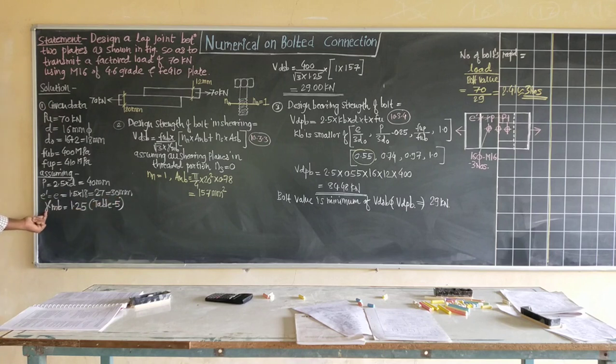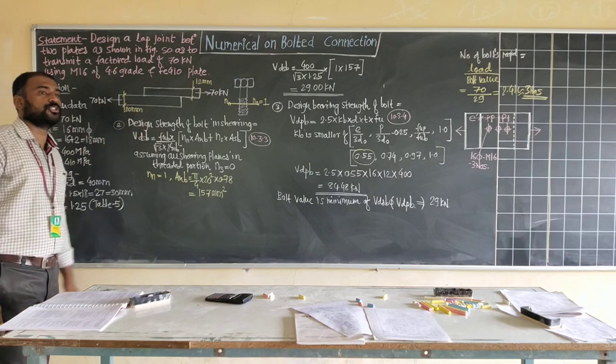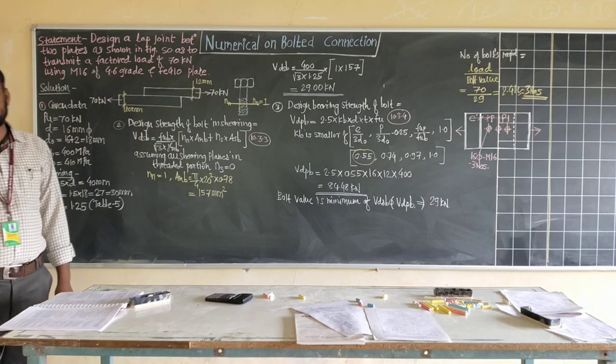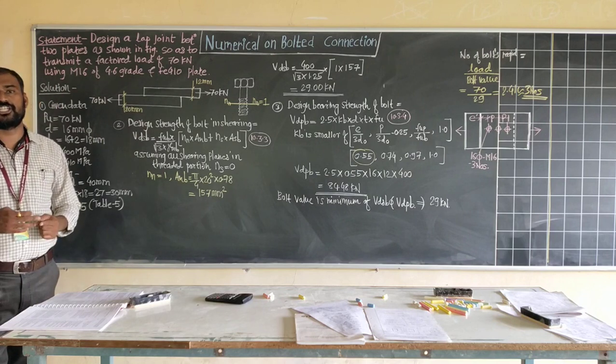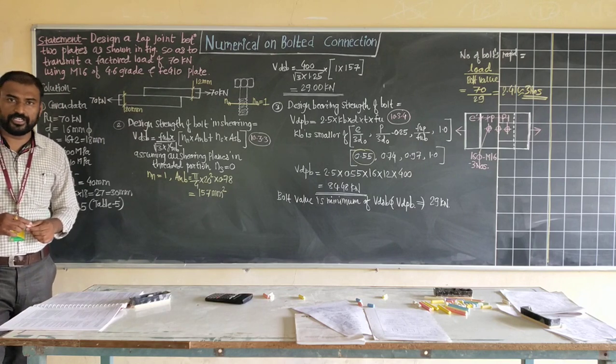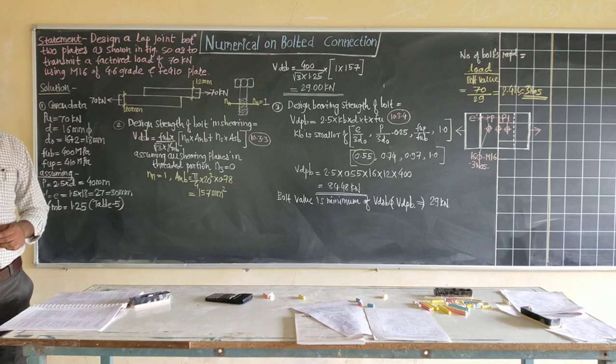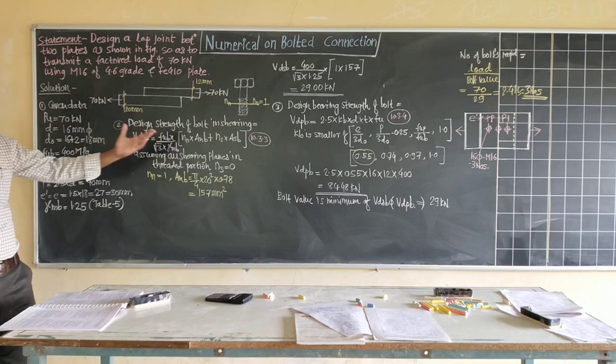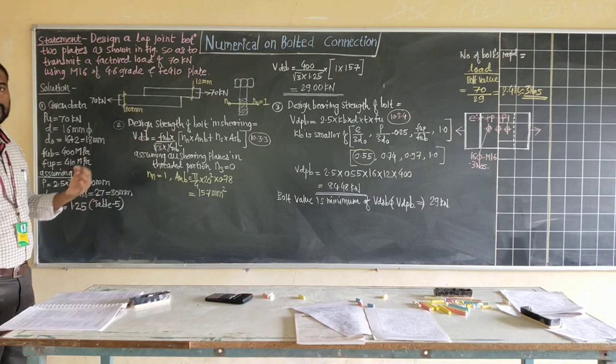And again, next is gamma mb, the partial safety factor for material in case of bolt, given as 1.25. This is as per Table 5 of IS 800:2007. Now we have seen the bolt is going to fail in three types or categories, that is either shearing failure, bearing failure, or the third, tension failure. Out of the three, usually the third type of failure is not considered because the bolt is going to fail either in shearing or bearing. So considering only those two values, we are going to calculate the nominal capacity or strength of bolt.